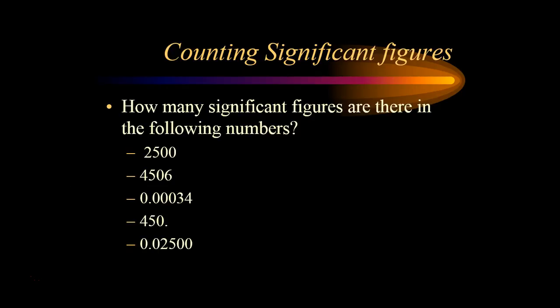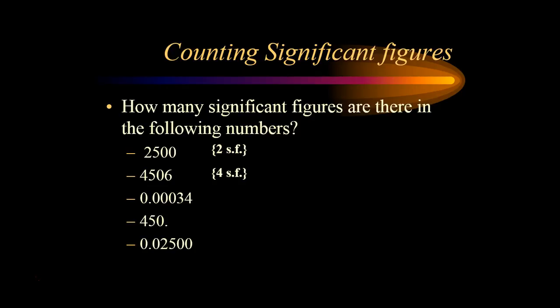For the next one, 4506. All right, that zero in this case is a sandwich zero. Sandwich zeros are never placeholders. They're always significant. So 4506, that has 4 significant figures in it. This next one,